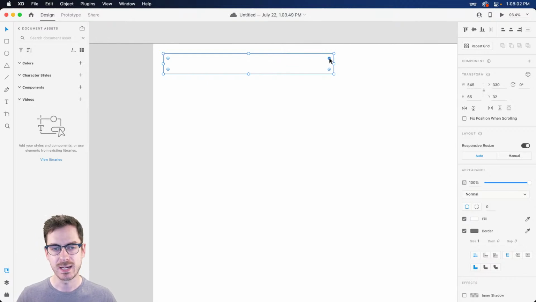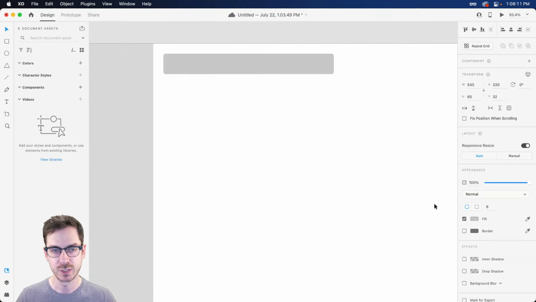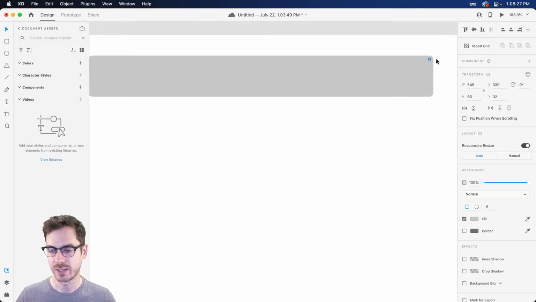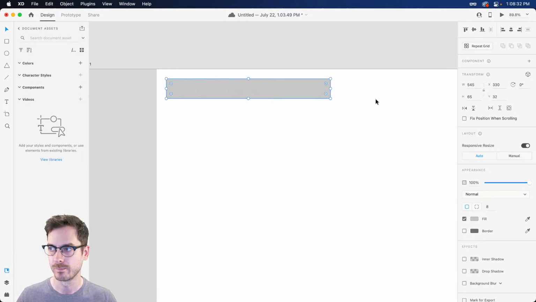Now, at this point in a project, you may not necessarily want to worry too much about things like rounded corners, corner radiuses, right? But just to kind of give you an idea of what we're going to be going for, very subtle. We probably don't want something like this. It looks a little bit awkward. Sometimes, depending on the style, you can go full, almost like capsule pill-shaped. But I think we're going to go nice and subtle, somewhere around 8 pixels. I think 4 might be a little bit too little. So I think 8 should work quite nicely. I'm going to bring this up a little bit.